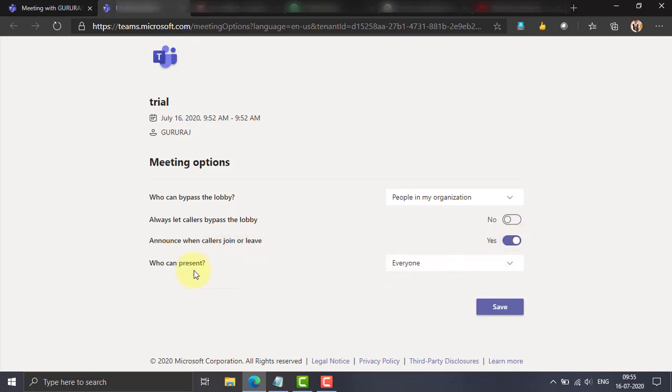And then, who can present. This is again a very important option available. Why? Suppose you are in a meeting and you are presenting some content. Someone else in the meeting starts to present themselves. Then your screen will be overlapped, and people in the meeting will get confused.